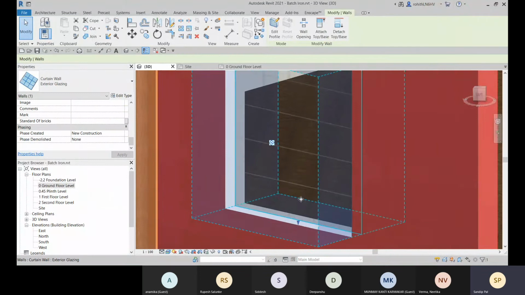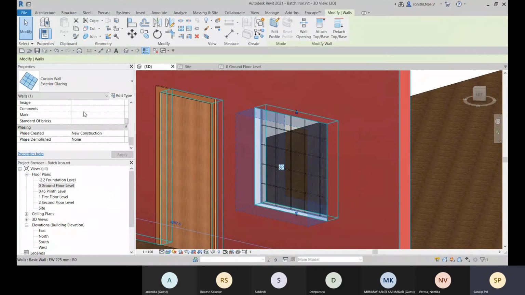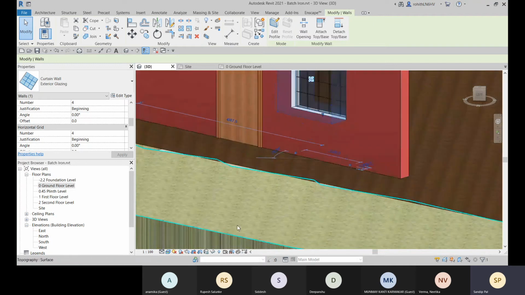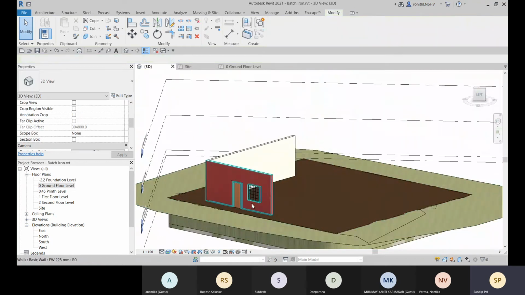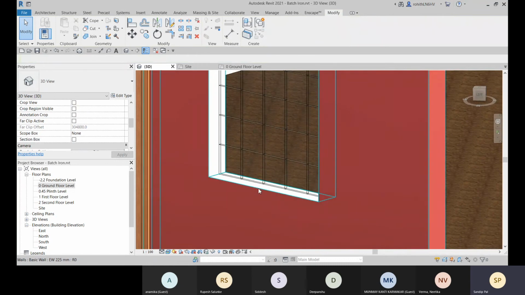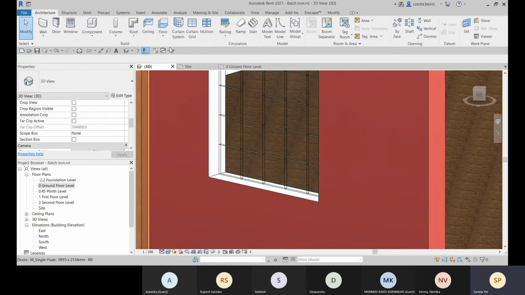So here you can see that we are getting these grids, right? We are getting 4 grids and 4 grids as per the layout. So that is your exterior glazing.